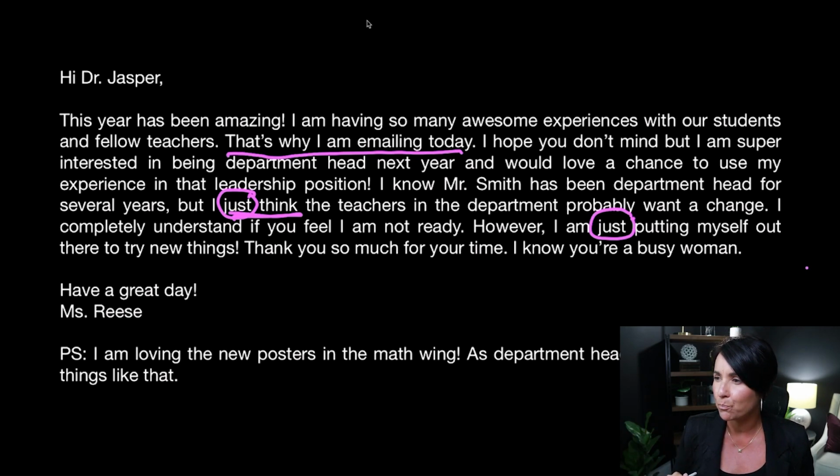Then we have here, "I would love to have a chance to use my experience in that leadership position." Well, nowhere in this email did I talk about the experience. I just say, "Oh, I'd love to use my experience." This email would be better served if I told you the experience I have, when I can apply it, and how I would apply it. So it's not getting to the point of what you're asking for, and it's leaving out